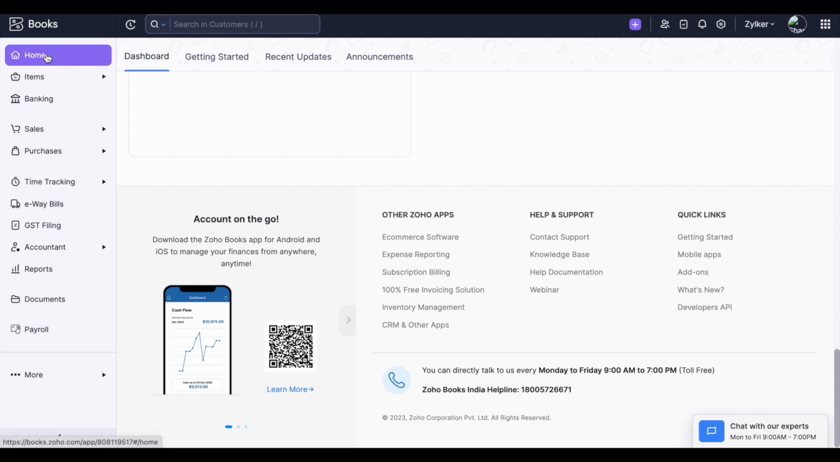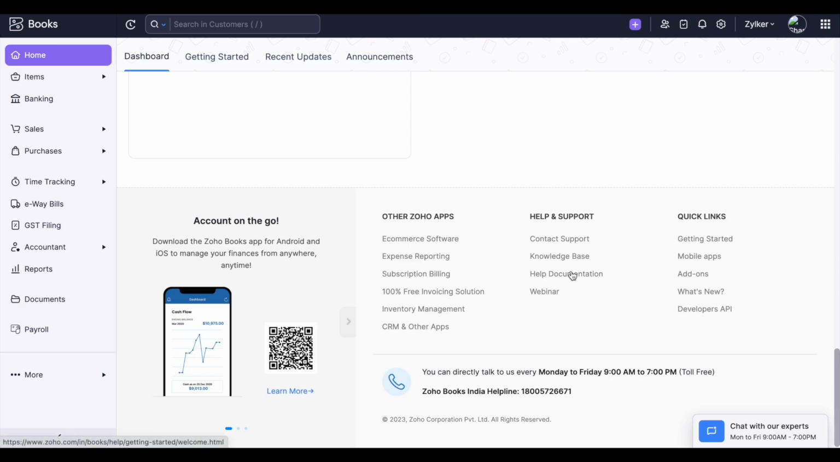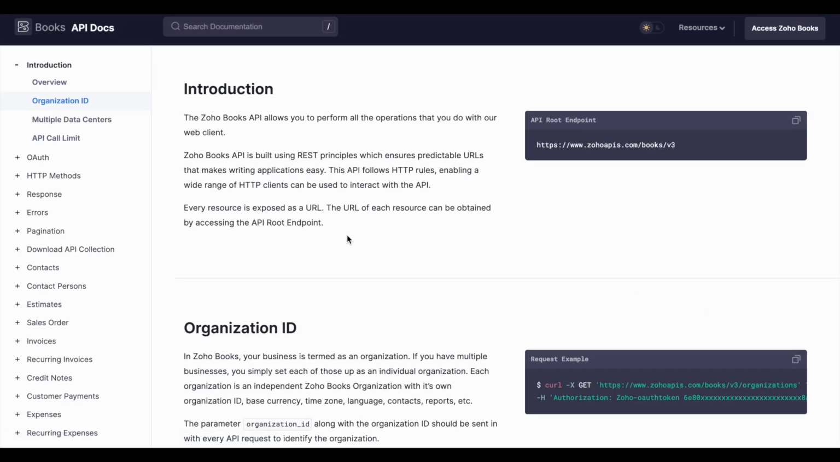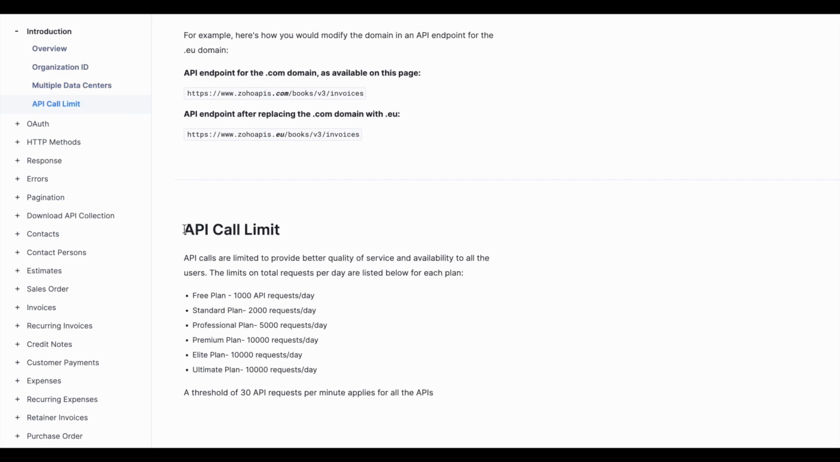So once you navigate to home page, when you scroll down to end of the page, you will be having quick link section. So under that, you will be having developers API. So this is the API documentation which you will require to integrate. So this is the API call limit, and the limit will be listed according to the plan you take in